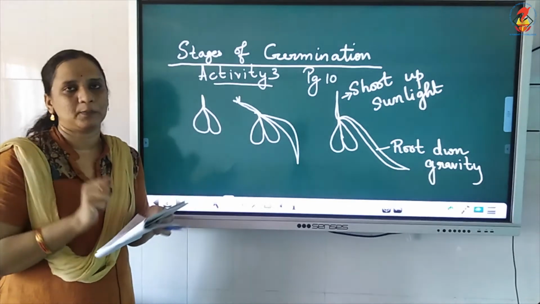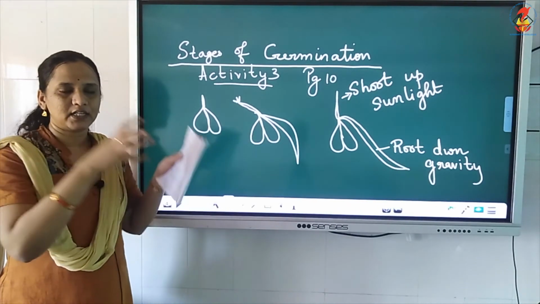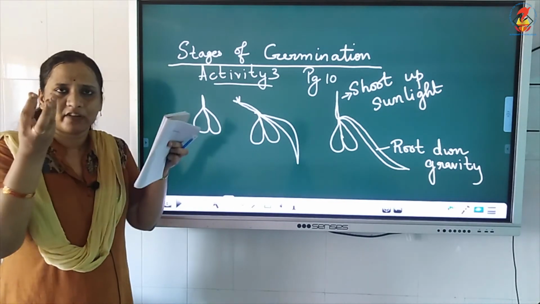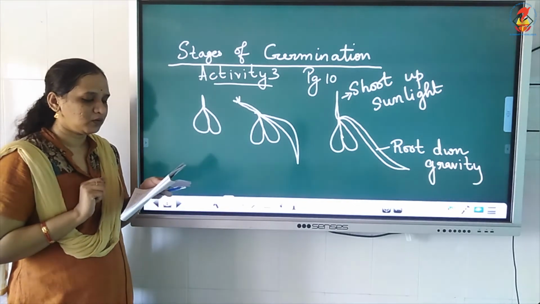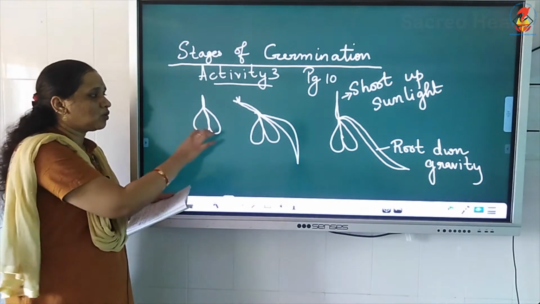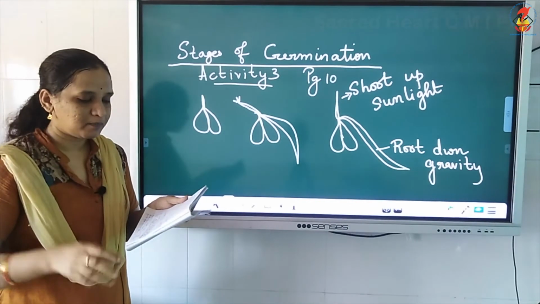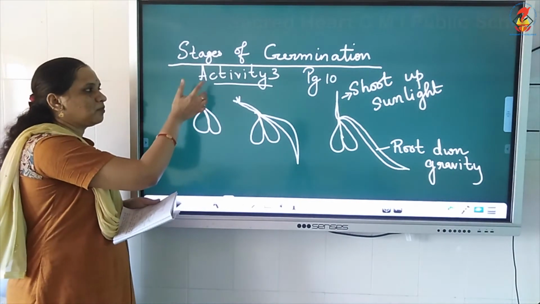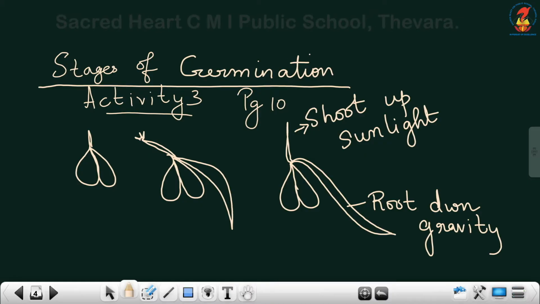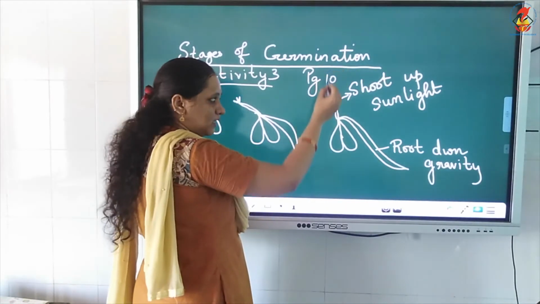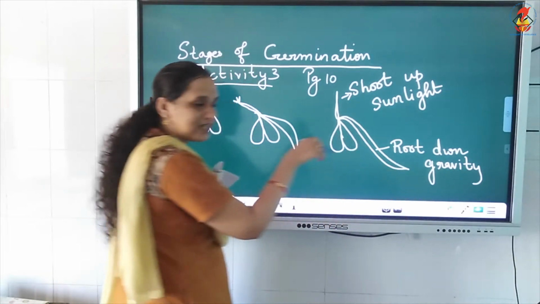They become bigger. Dry seeds and soaked seeds, the soaked ones will be a little bit bigger because they have taken in water. Now, the seed coat is soft. What happens? The shoot breaks open or the root comes out. So, you can see the shoot has slowly started coming out, the root has also come out. Now, the shoot is growing upwards bigger, the root is also growing deeper into the soil.